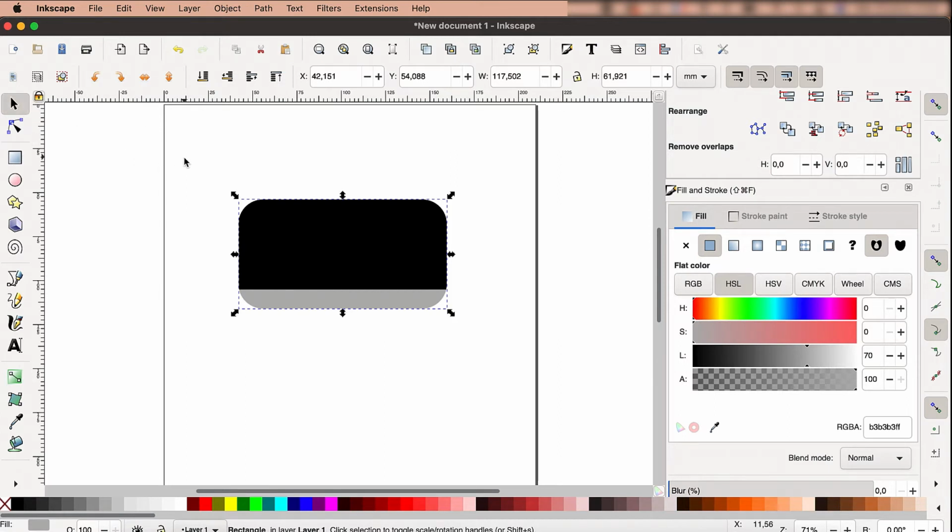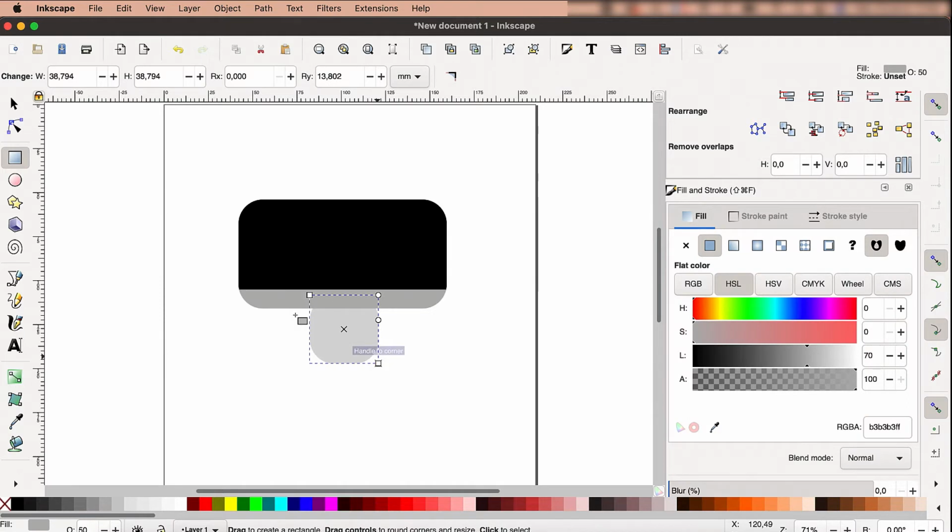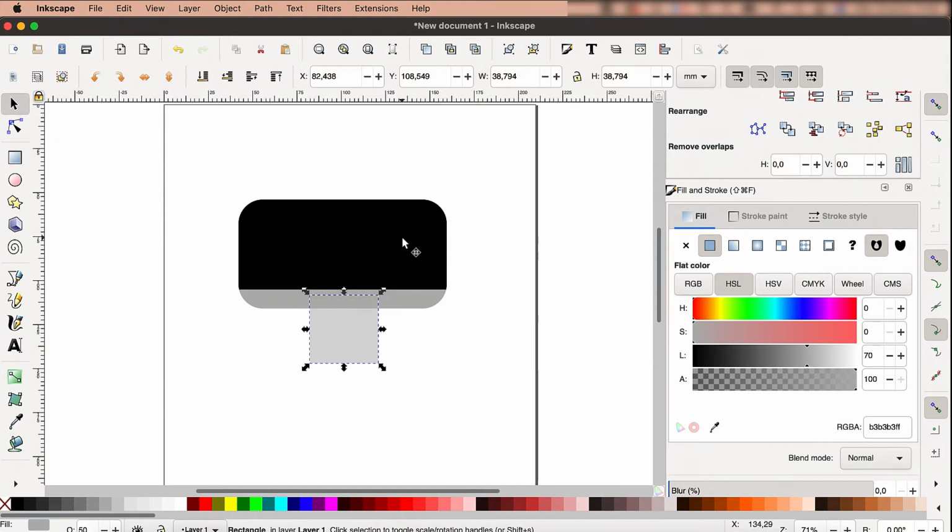Deselect your monitor to create a third rectangle to design the stand of the monitor. Place your selection in the middle of your monitor and draw a small rectangle. We don't want the rectangle to have round corners, so click on the sharp corner icon to change them. Have a look at the monitor and its stand. To make sure they are aligned, select the stand, press Shift, and select your monitor, and on the alignment board pick Center on Vertical Axis.